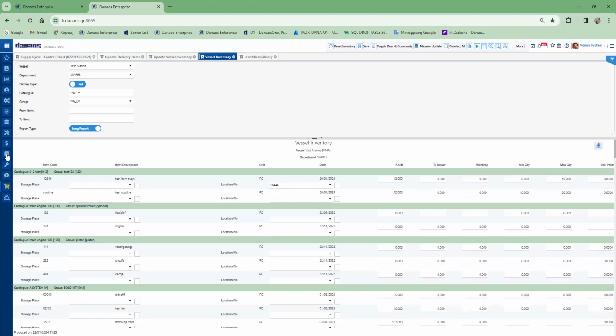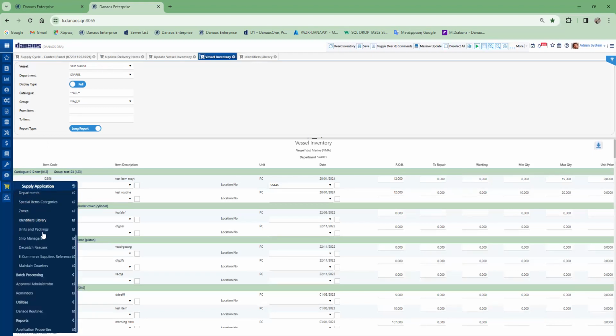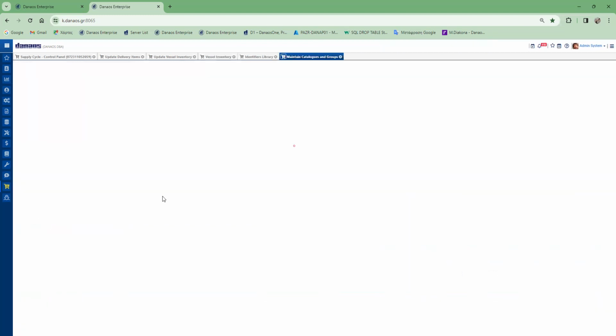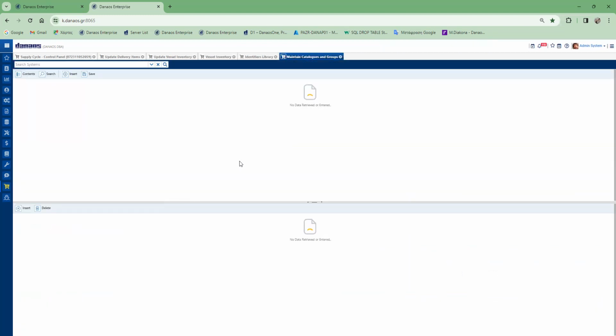In the catalogs and groups, in the supply, if you want the vessel or the office to create a requisition from the department deck stores, for example, but you want to be able to select spares,